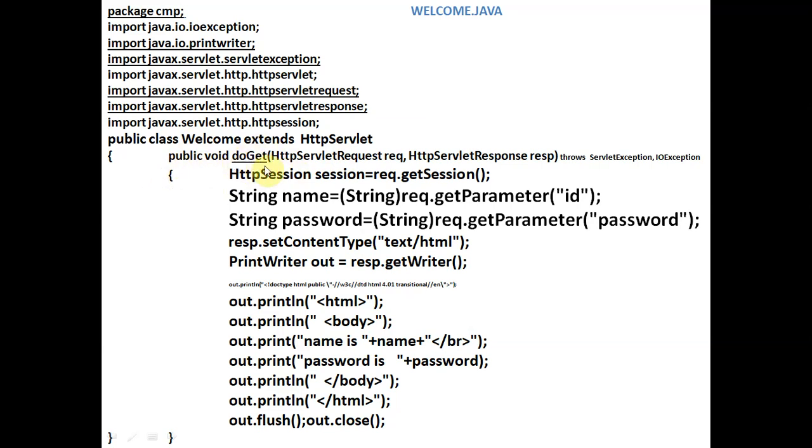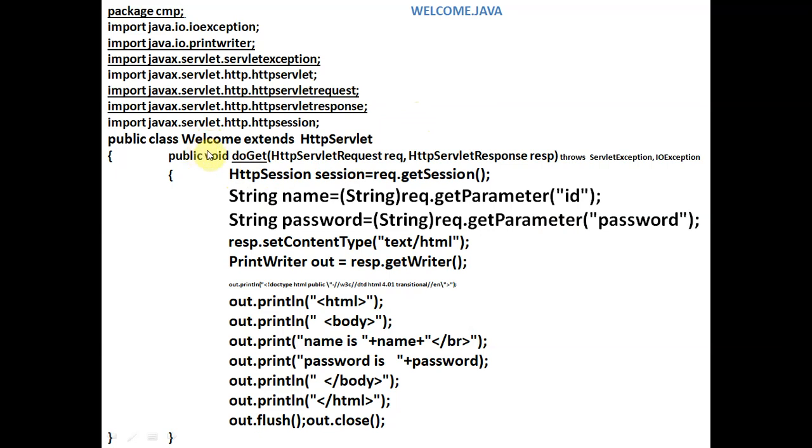Whenever we connect with the server, it will always execute the doGet function, not public static void main and not the public void paint function. Just as in applets we use the paint function, and in core Java we use public static void main, here in the case of Java servlet we will use the doGet function, which is inside the welcome class, and this welcome is a user defined class, maybe with some other name also.